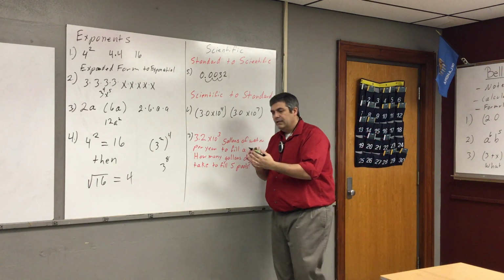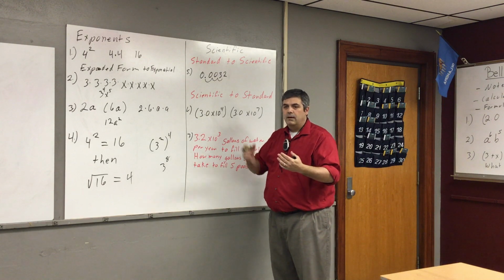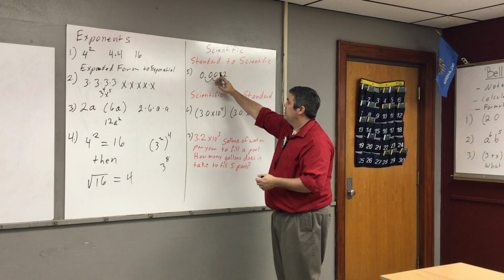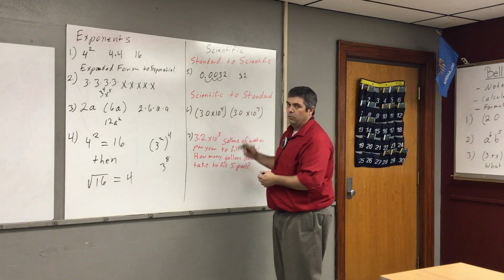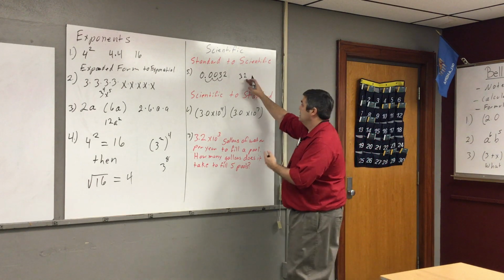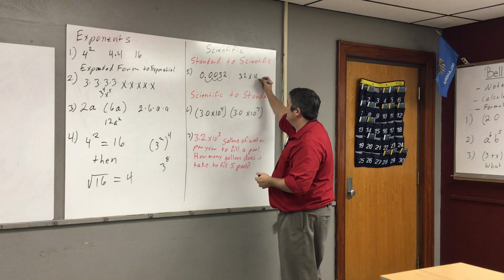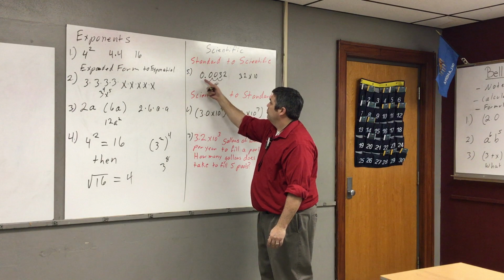I put it behind that 3 because we want our number to be between 1 and less than 10. Well, if I put it between that 3 and that 2, now I get this 3.2 number. Well, that number is between 1 and less than 10. As long as it's there, I'm good. But I'm always going to be multiplying times a base of 10, and then I need to look. Was this a really,